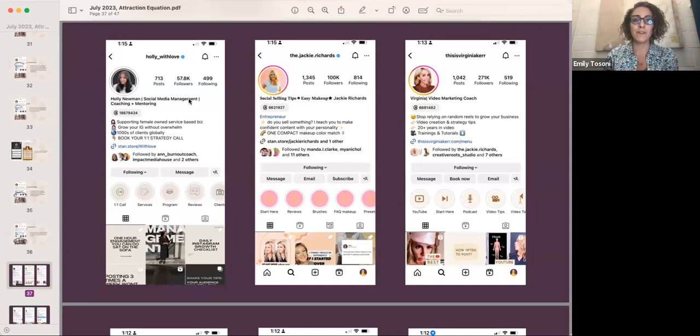But yes, the name field right here is the one that is, like some of what you have in here might help you to show up in the search function, but what is in your name field is the gold ticket to show up in somebody's search field. And then your username field will also show up in the search field. So you want to make sure that this one is your name or your business name, and this one tells a little bit more about the keywords you would use to describe what you do so your ideal client can find you.